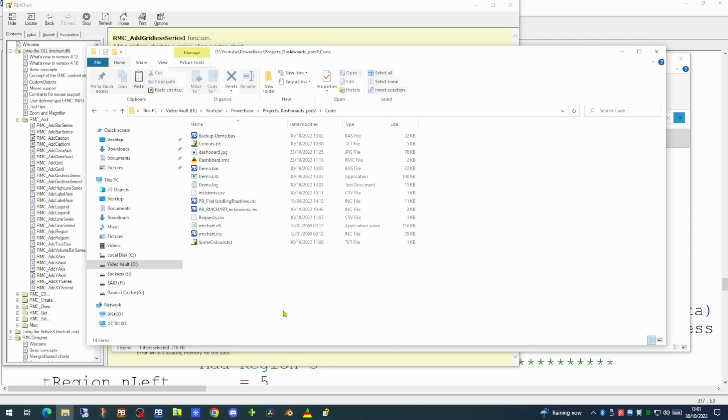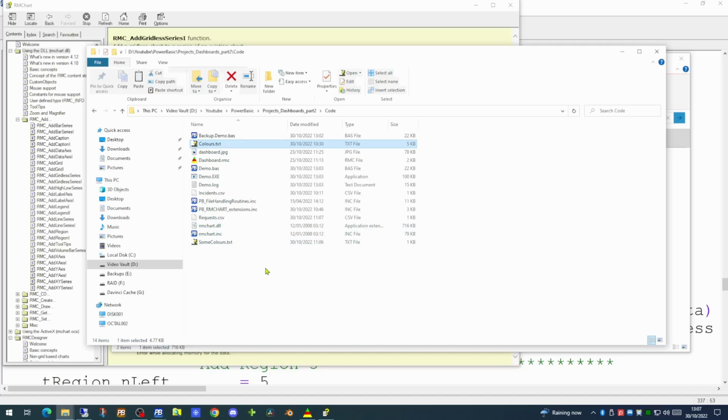Now with this DLL in the same folder, when it comes time to release this application for other users to actually make use of, the only files we'll need to actually roll out are the executable, the DLL, and our requests and incidents and colors if we're using them.